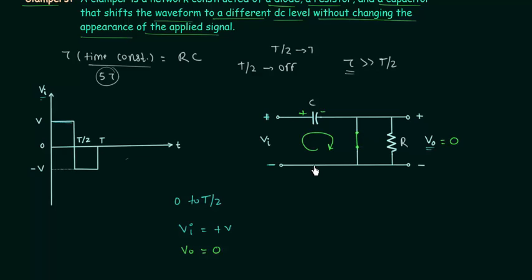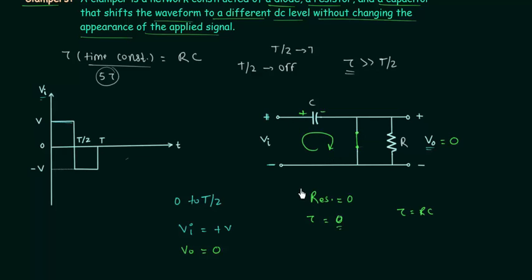In this loop, there is no resistance. In this loop, the resistance is equal to 0. So time constant tau is also equal to 0, because tau is equal to RC. If resistance is equal to 0, tau is also equal to 0. So the capacitor will charge immediately,